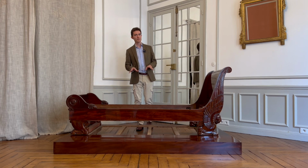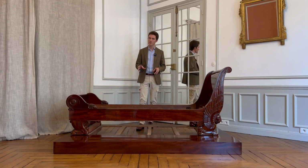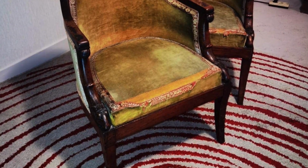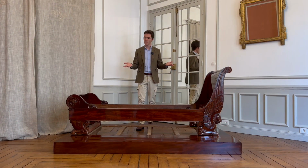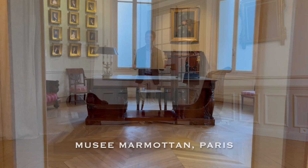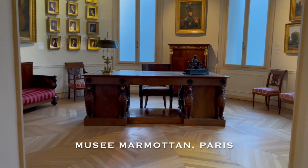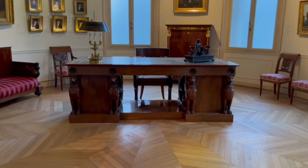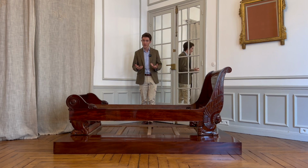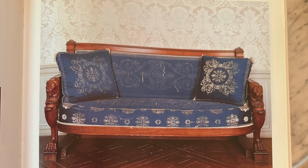Now, I would like to say that this bed dates to right about 1810, and perhaps a little speculation about the chairs that I still have photographed would allow us to say that. And the bed itself does kind of remind us of the Bellangé desk, which is dated to 1810, now conserved in the Musée Marmottan. But it is actually quite hard to say, because if we look at some of the higher quality mahogany works that Bellangé was making, such as this wonderful furniture in the billiards room of the Château